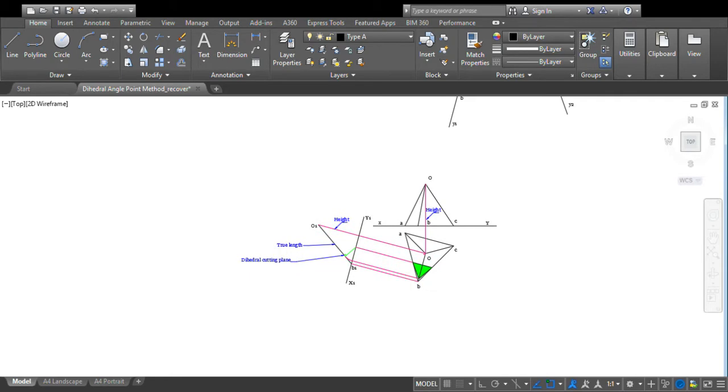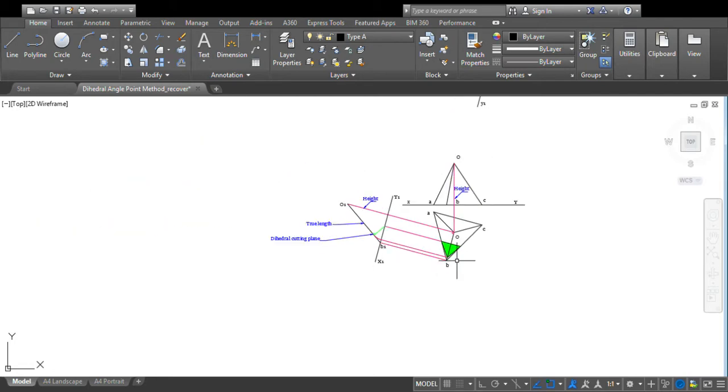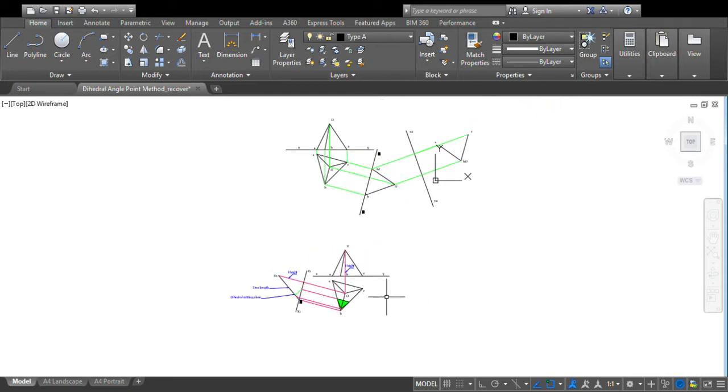So the pupils say, once again, we're going perpendicular to line OB to find the true length of it. Then we insert our cutting plane here, and then we bring back down our points and rotate our point down to the x1y line and back. So it's a very similar method, only it involves using a cutting plane rather than a second auxiliary. This gives the pupils an option as to which one they want to do while completing